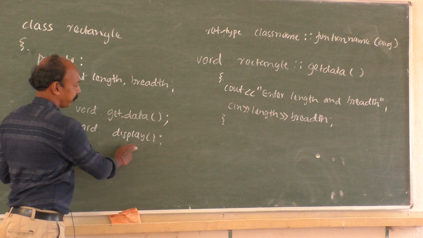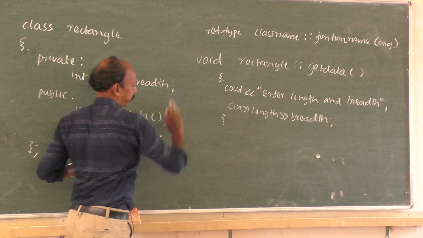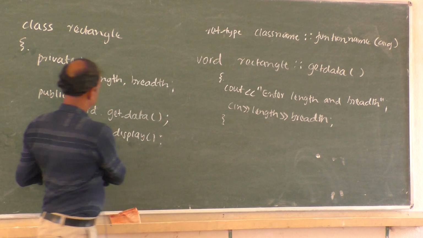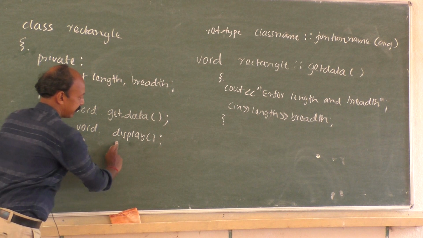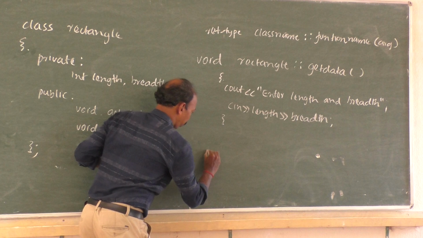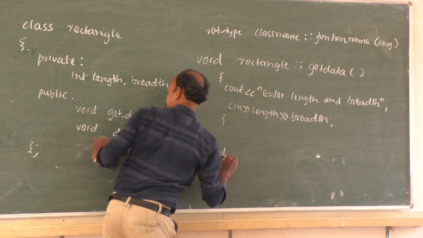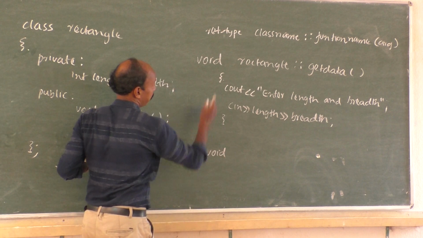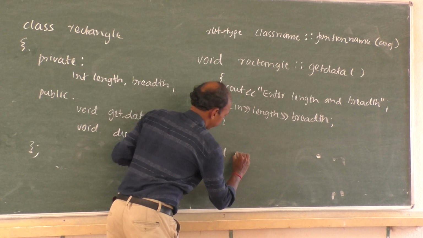Similarly, let us write the second function. Here also follow the syntax. Return type is void, function name is display, class name is rectangle. So return type void, that is this one. Then class name is rectangle,